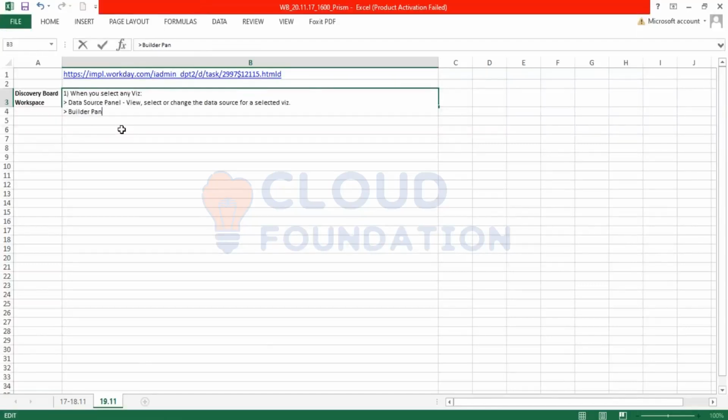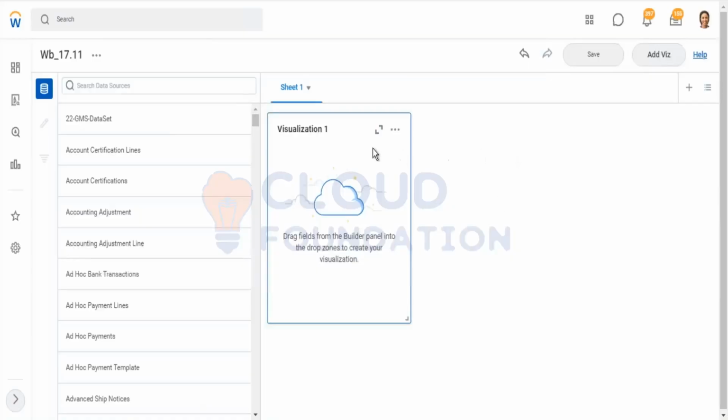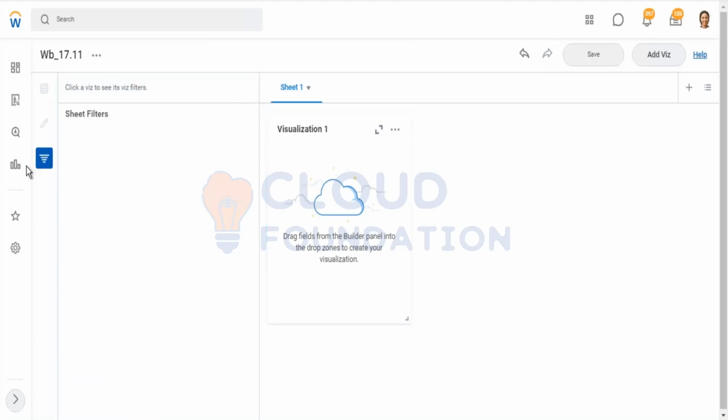So the next one is the builder panel, or the builders panel, right? And this is basically used to build the visualization. So build the viz by selecting the fields and specifying the configuration options. And the third one, if you see, in fact, when I click outside the visualization somewhere here, the only panel